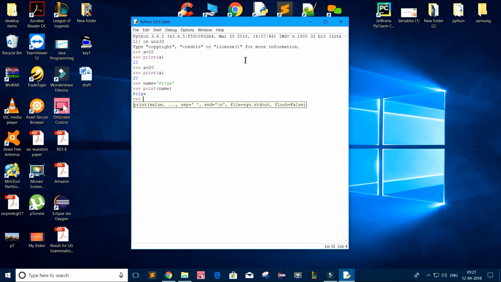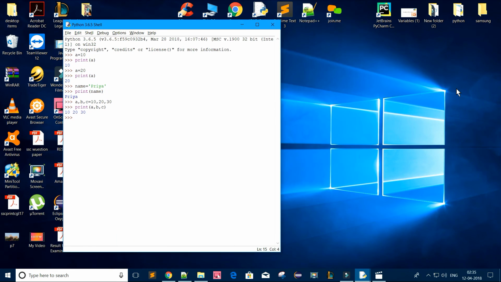In Python, you can also assign multiple variables at the same time. Let us take three variables a, b, c and assign them values 10, 20, 30 respectively and try to print it off. As you can see, Python assigns 10 to variable a, 20 to variable b, and 30 to variable